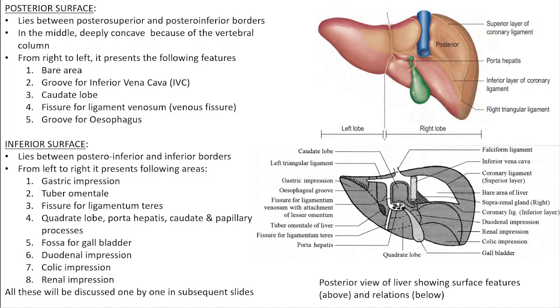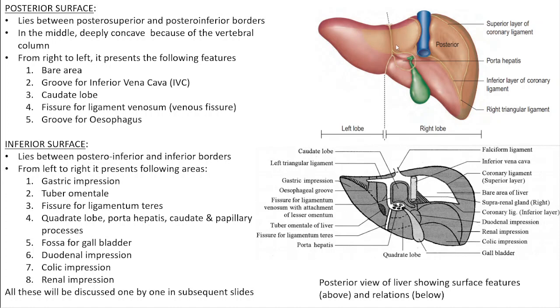Now the ligamentum teres that was lying within the lower free border of the falciform ligament, after reaching the liver, this is the notch for ligamentum teres, it gets embedded in the fissure for ligamentum teres and ultimately reaches the left end of this transverse fissure, which is called the porta hepatis, which is the next part of the inferior surface. So we have the porta hepatis, below that we have the quadrate lobe, and above porta hepatis, this lowest part of the caudate lobe,